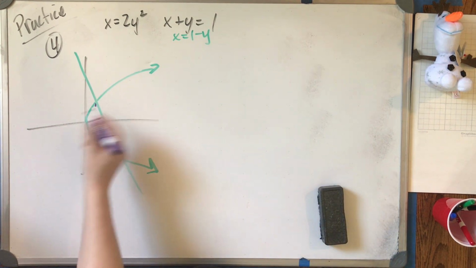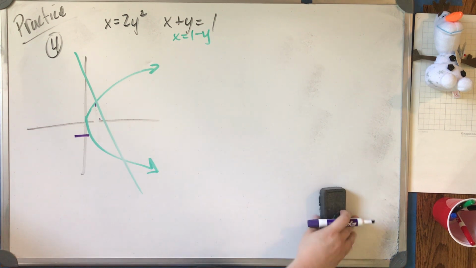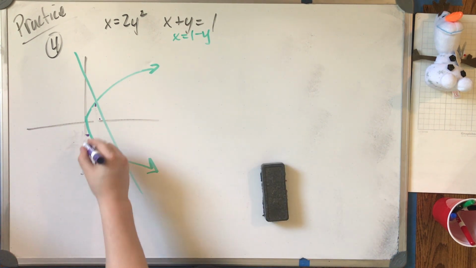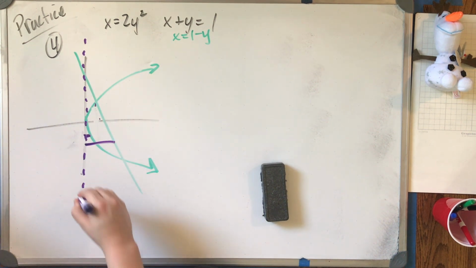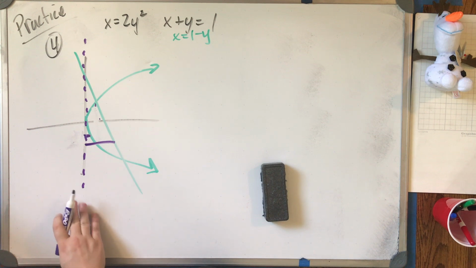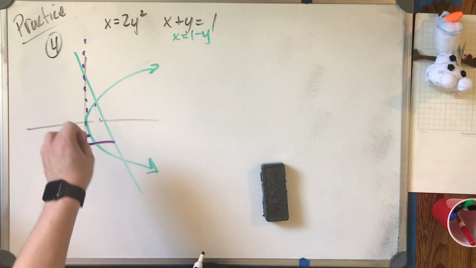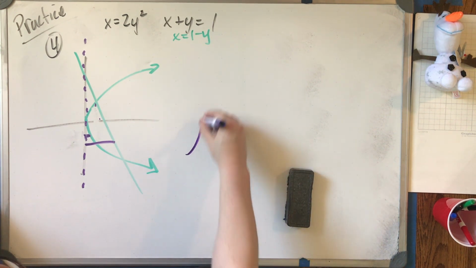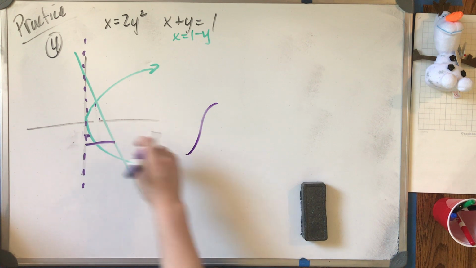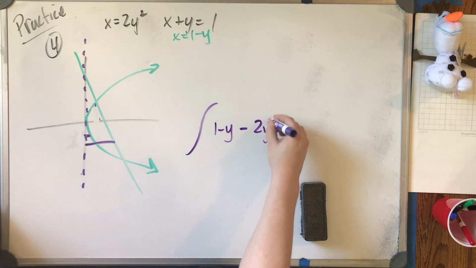So what I like to do is draw arrows or little lines that show me which one's on bottom and which one's on top. I always figure out which axis I'm integrating from. So if I'm doing it with respect to y, I'm coming from here, and then I draw a little arrow up, and then I can see which one's the big one and which one's the small one. That helps me figure out what's going on. So I'm going to end up with the integral from this top part, 1 minus y, minus the 2y squared